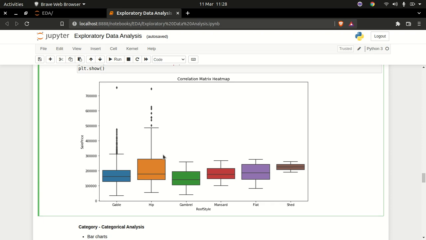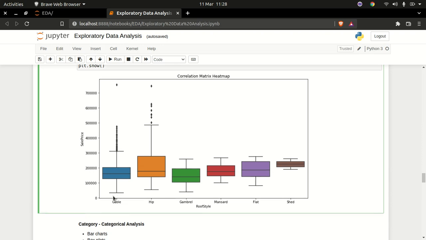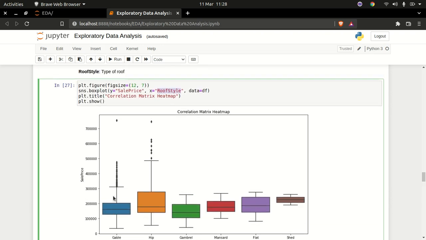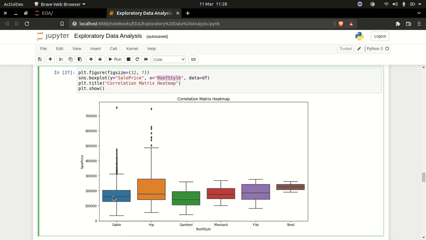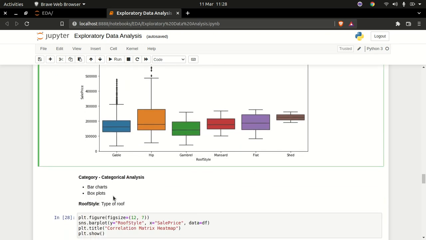So the cheapest house you can get with the roof type of gable starts for a very minimum price, even less than $50,000. Okay, so that's just the categorical and numeric data analysis, which is a bivariate analysis, right? So let's go to the last step of bivariate analysis, which is a categorical